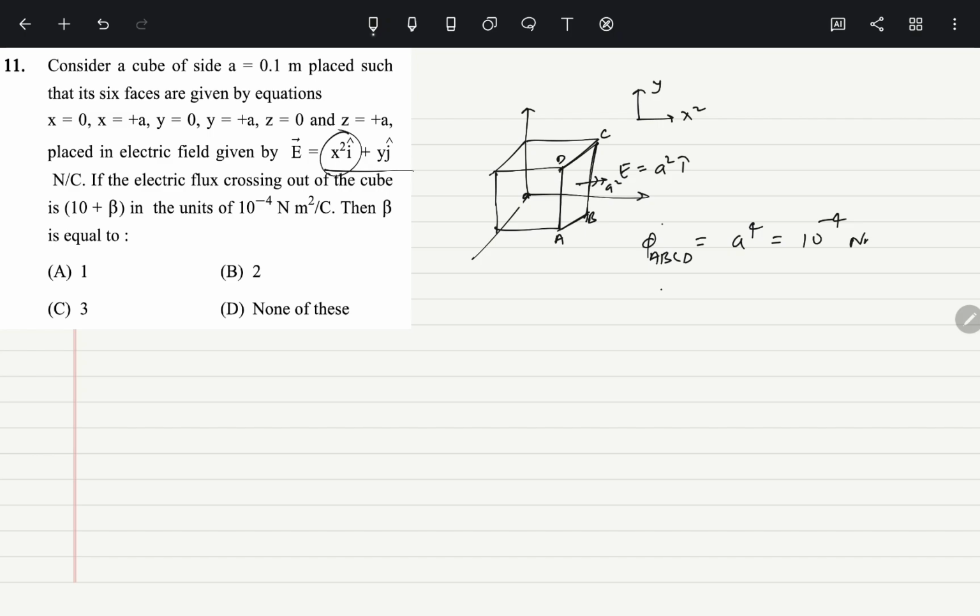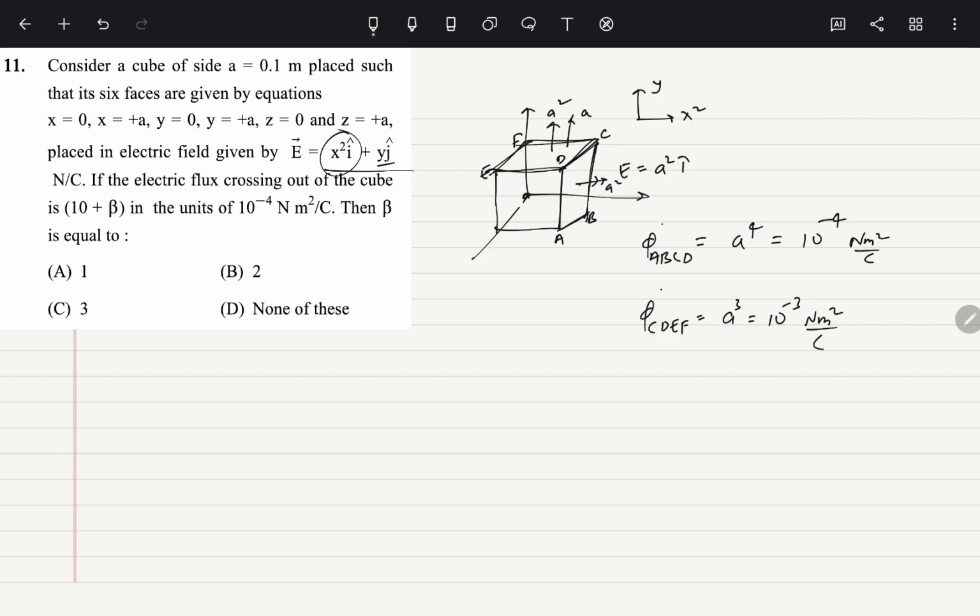Okay, the unit will come in Newton meter square per coulomb. Now there's another face which you need to think about, let's say C, D, E, F, this face. Its area vector is upward in the y direction, as we have the electric field in the y direction, which is y j cap. So the y coordinate for this face is A, and A square is the area. So the flux through C D E F is A cube, which is like 10 to the minus 3 Newton meter